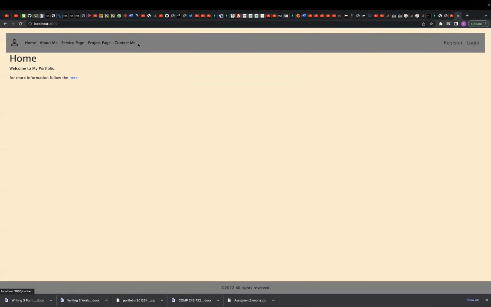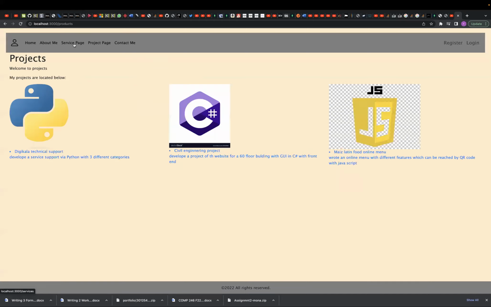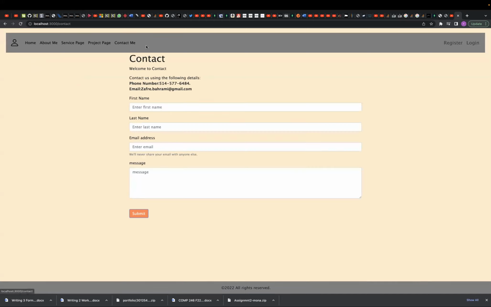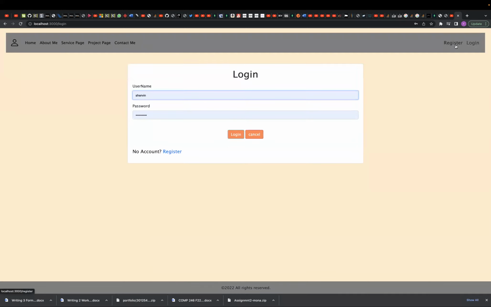Here, up to here, just contact me. So everything is working properly. So far, up to contact me. It's for project one, for assignment one, for assignment two. There are more options that have been added here. So just log in and register. And some more items, which appear if you do the login process and the registration as well,